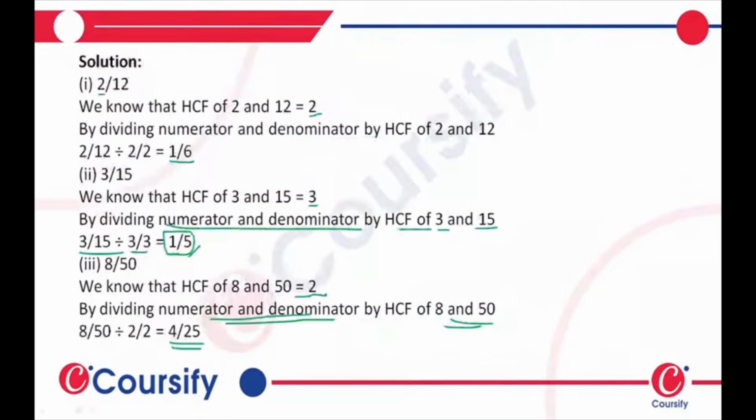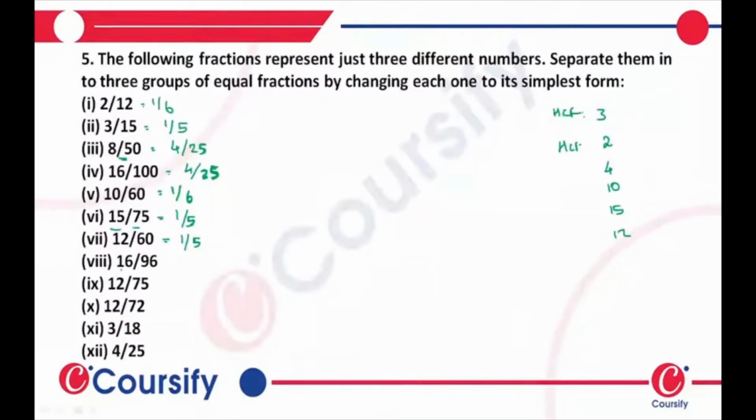Next question we have 16 by 96. Basically 16 divided by 16 is equal to 1, and how much is 96 divided by 16? Let's see, 16 into 6, 6 sixes are 36, carry 3, yes, 96, this is perfect. So it is equal to 1 by 6.